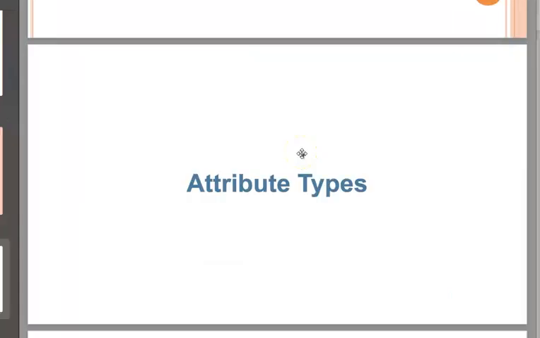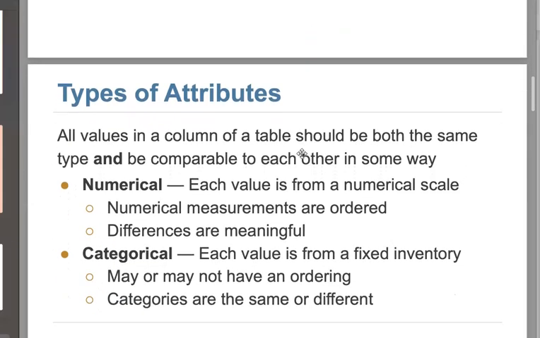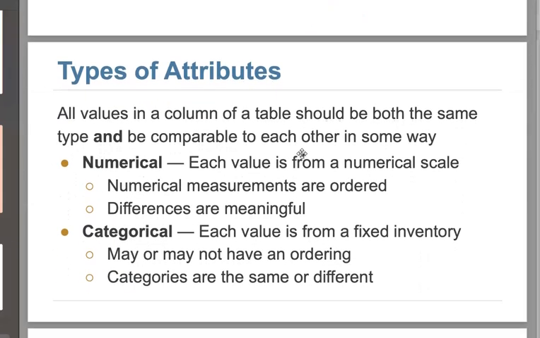The first thing, let's talk about attribute types. So the first thing you will ask is, what are attributes? Attributes basically in the table are columns. So remember, all the values in a column of a table always have the same type. And also, we didn't mention that they need to be comparable to each other in some way. So in each column,